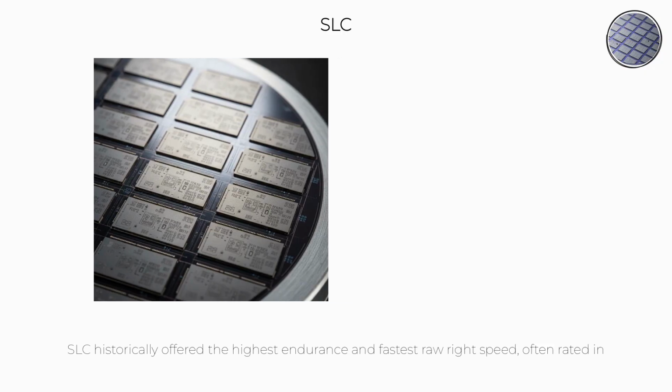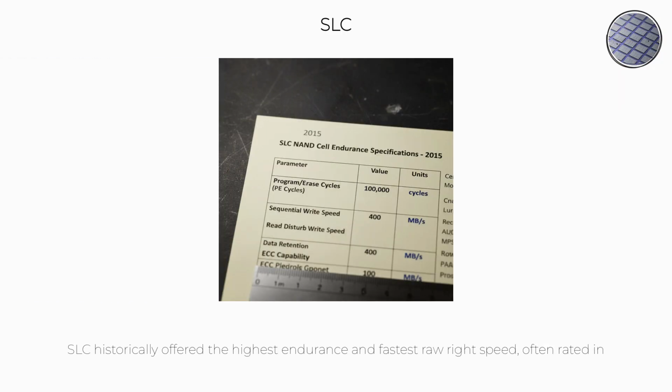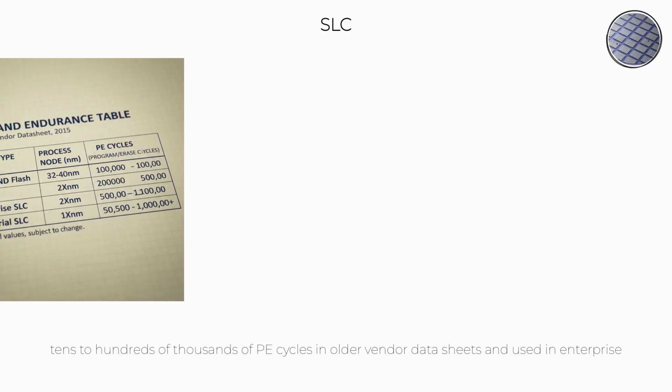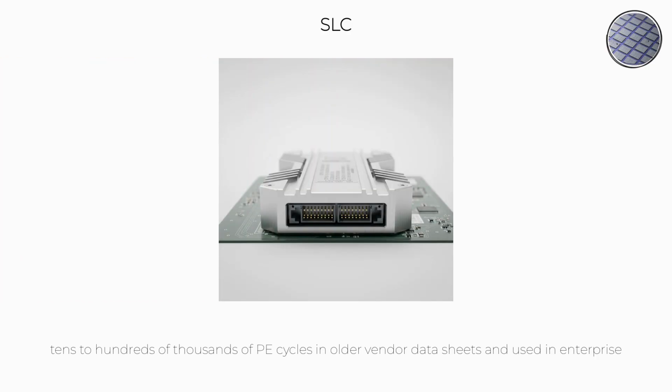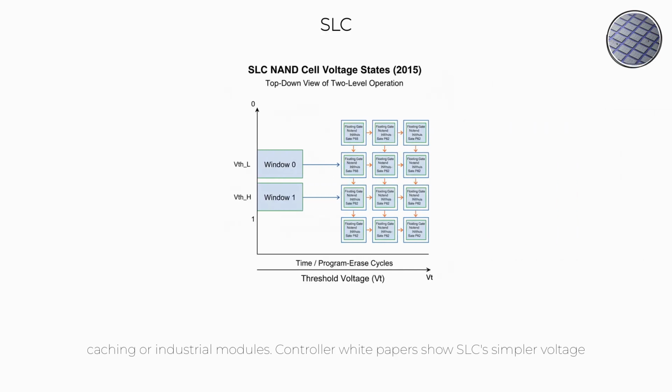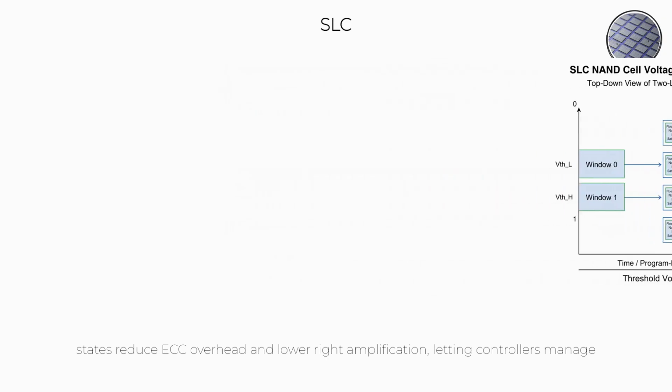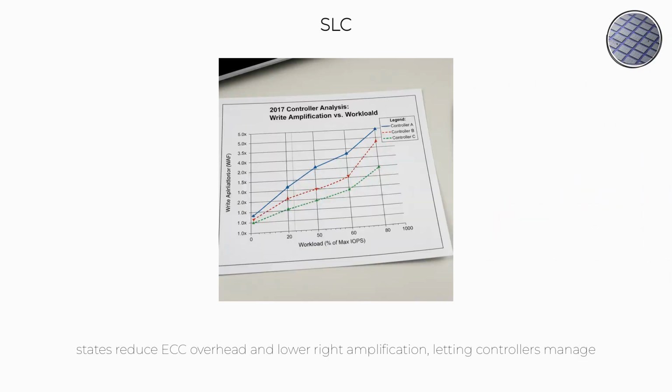Chapter 3. SLC Basics. SLC historically offered the highest endurance and fastest raw write speed, often rated in tens to hundreds of thousands of PE cycles in older vendor datasheets and used in enterprise caching or industrial modules. Controller white papers show SLC's simpler voltage states reduce ECC overhead and lower write amplification,